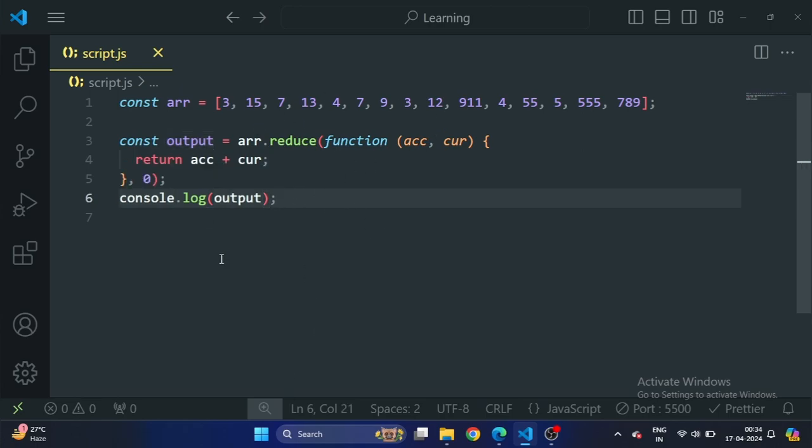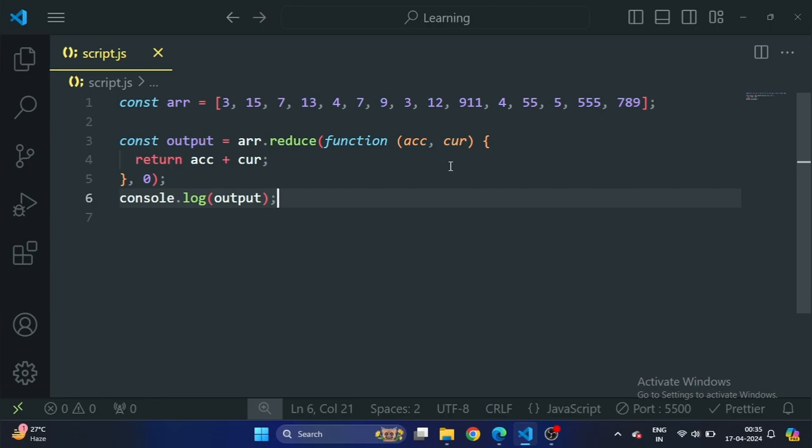let's see from the beginning. This is our array and this is our function output. This is our array, this is our reduce method. Reduce method takes two arguments. First is function, callback function, and the other one is initial value. This is our initial value, and callback function also takes two arguments, accumulator and current value.